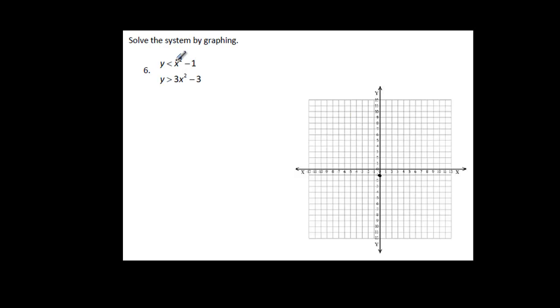So if I plug in 1, 1 squared is 1, and then 1 minus 1 is 0. And the point is symmetric there. If I plug in 2, 2 squared is 4, 4 minus 1 is 3. 3 squared is 9, 9 minus 1 is 8, so 3, 8 here and here. So if I connect all these,